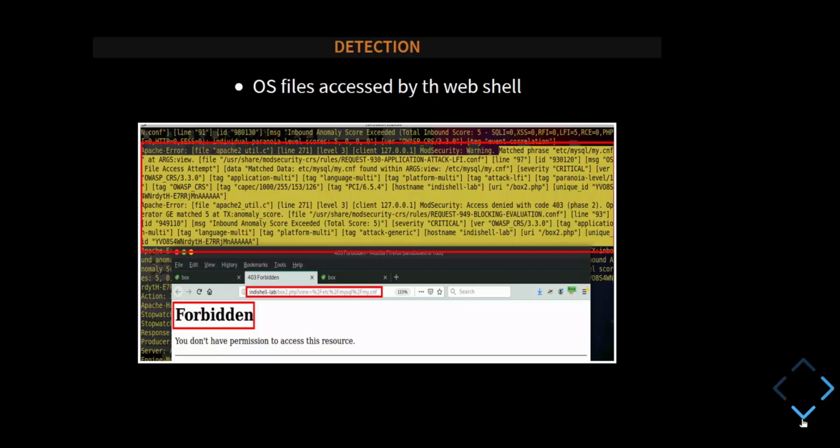But using the web shell we are just trying to browse this file, so that is a different story. Still, the WAF considers it an LFI attack because we are passing the file location as a parameter value, and here the parameter name is view. Because of that, the WAF has been triggered and has blocked the HTTP request triggered by the web shell. So again we are getting a 403 Forbidden response and we are not going to get the content.